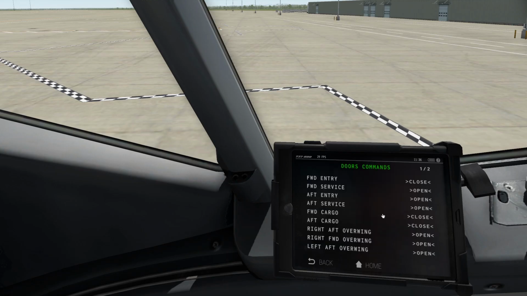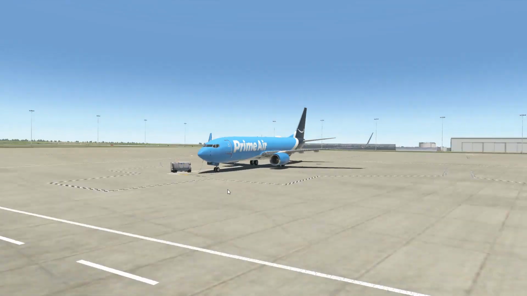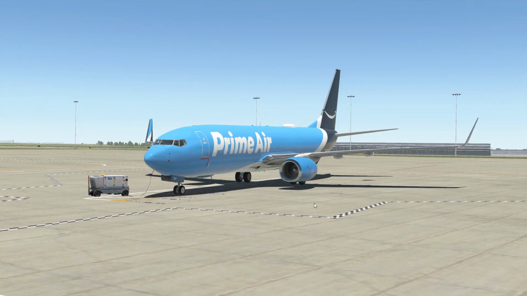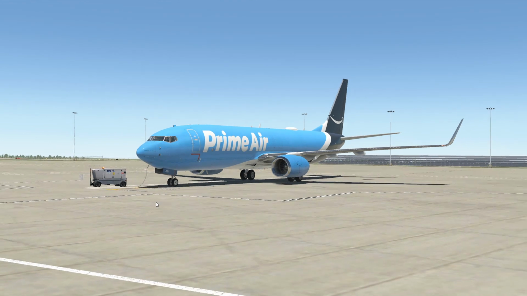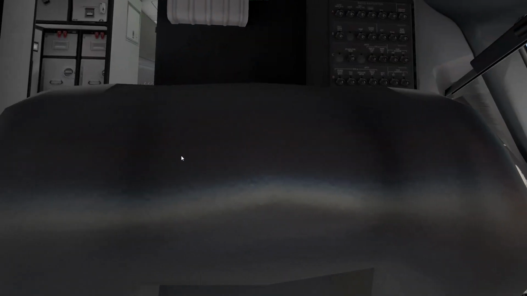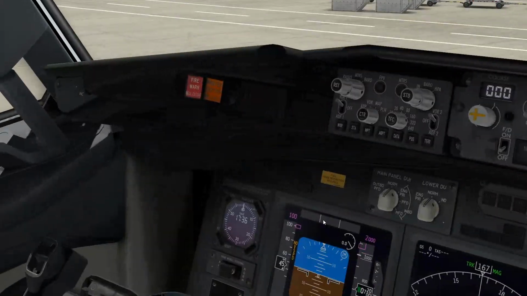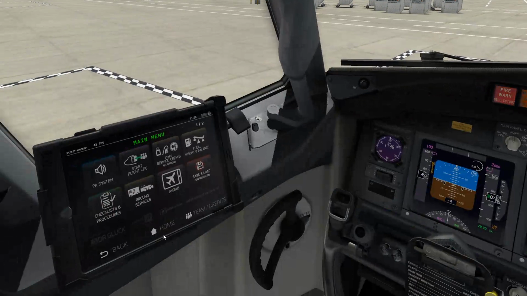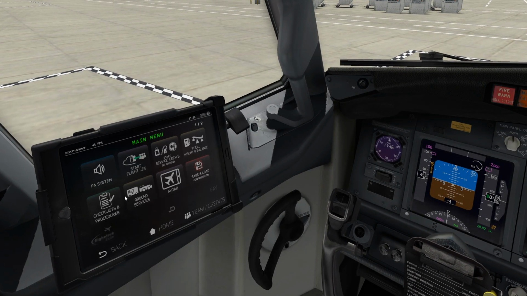Right then, we'll close these doors, and we can close all of these. So this is the Zibo 737-800 freighter. It's just the normal -800, but as a freighter, as you can see in the back, we haven't got seats. But yeah, I'm going to close that door, and we will go on to ground services. Actually, I'm going to